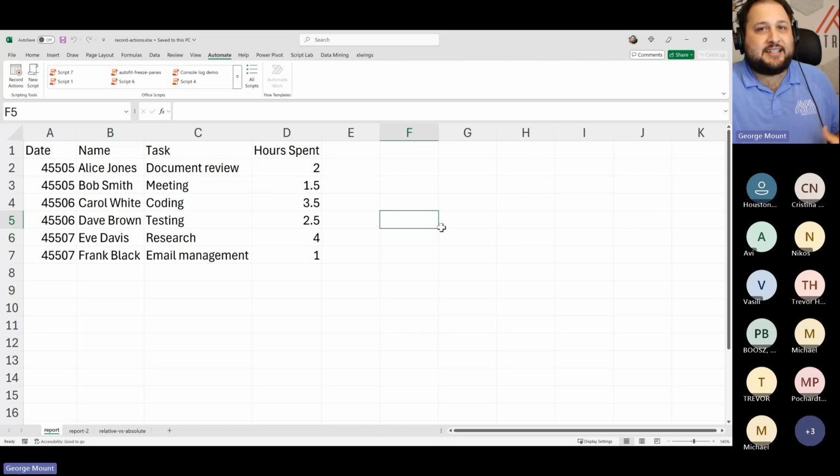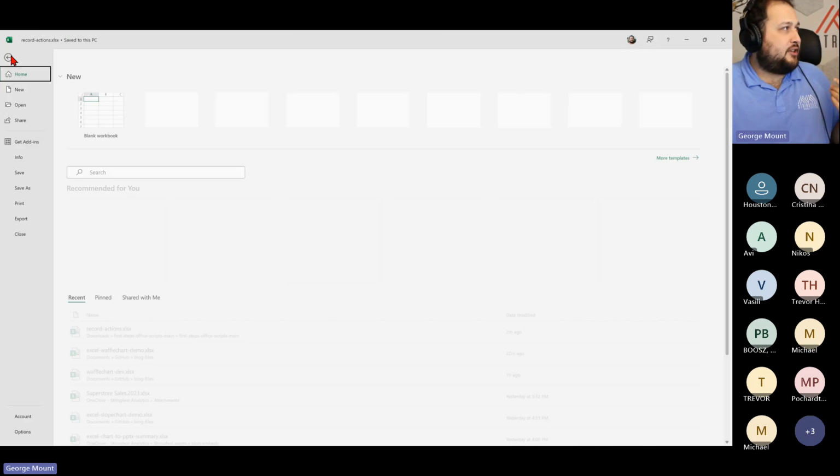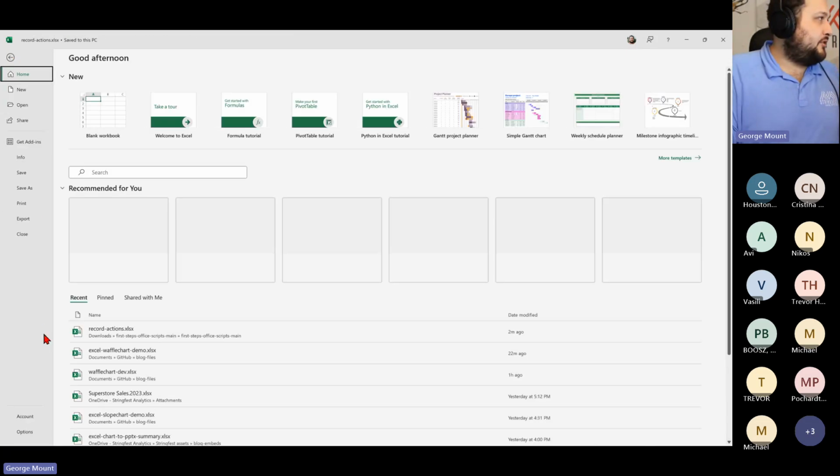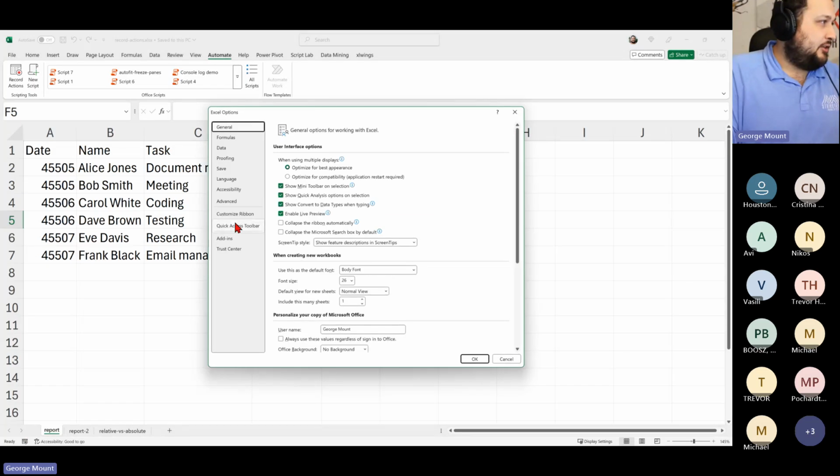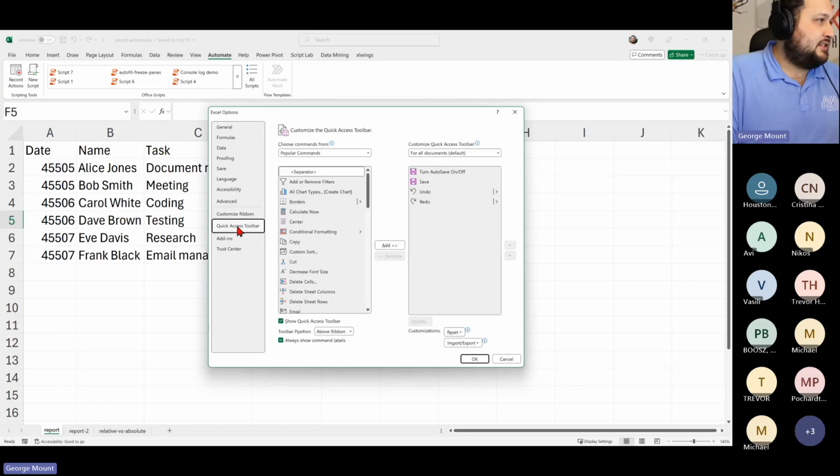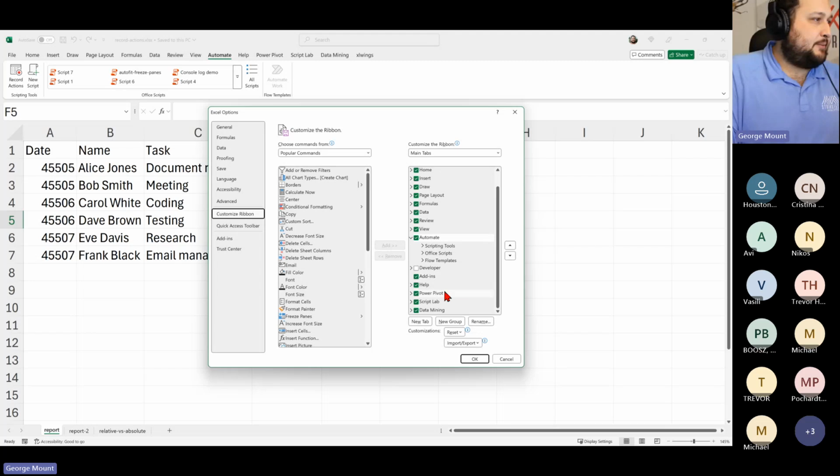Now, again, if you do not see this, then you don't have Office Scripts. I don't think there are any other courses of action if you don't see this. I don't think you need to enable it or anything like that. One thing you might try is if you go over to File, and I think it's Options, and you go to Customize Ribbon, just make sure that you have Automate turned on.